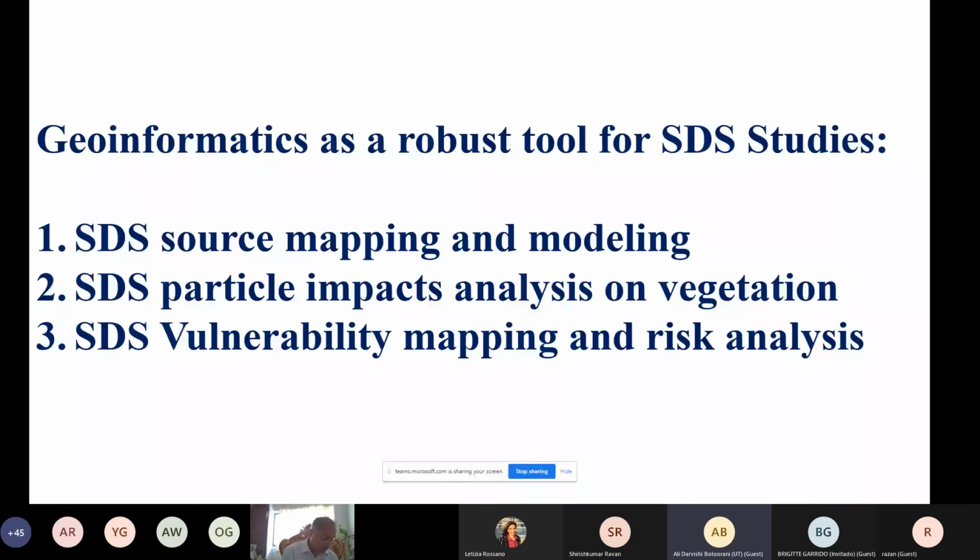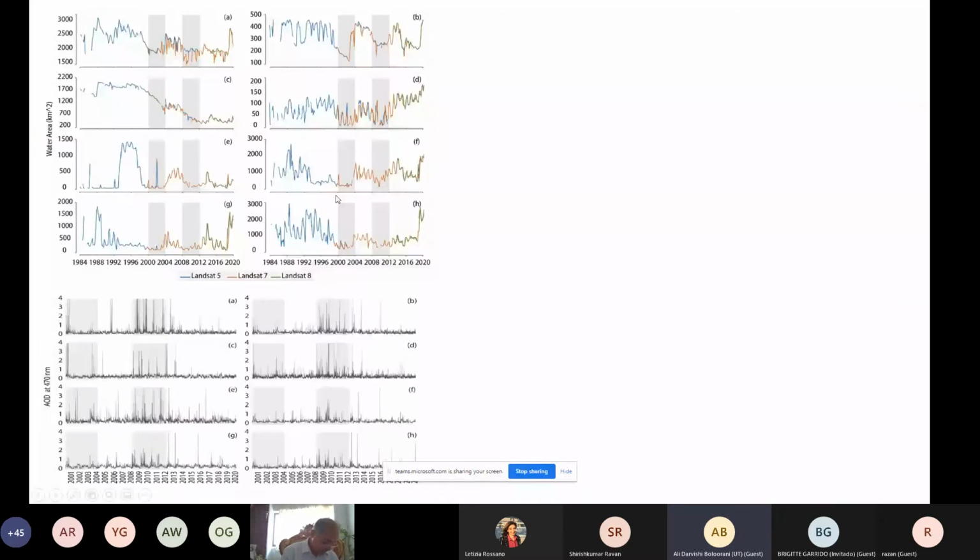we investigated the sources of dust using satellite imagery of Landsat 5, 7, and 8 from 1984 to 2020. And as you can see here, the rate of water area reduction is related to the amount of dust. The AOD, or dust particles in the atmosphere, is very closely related to the reduction of water level. The result of this project was this map,